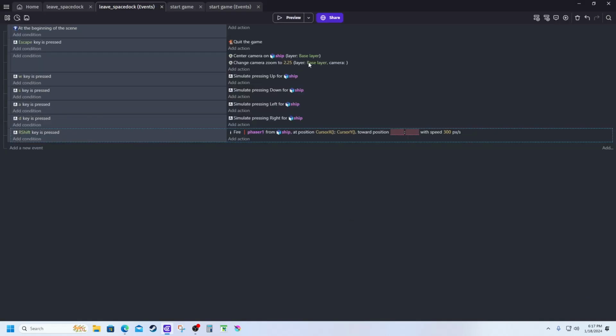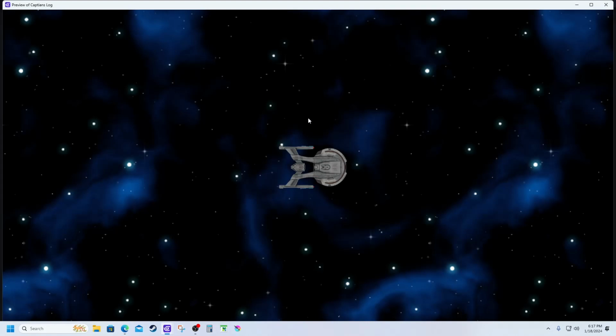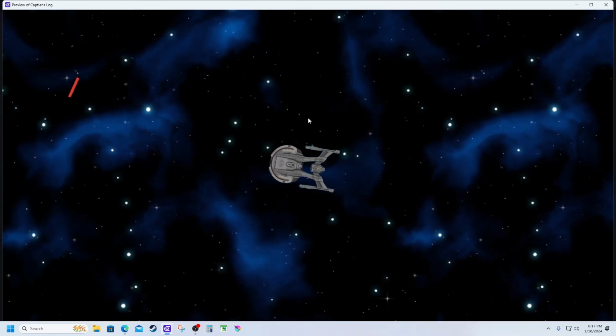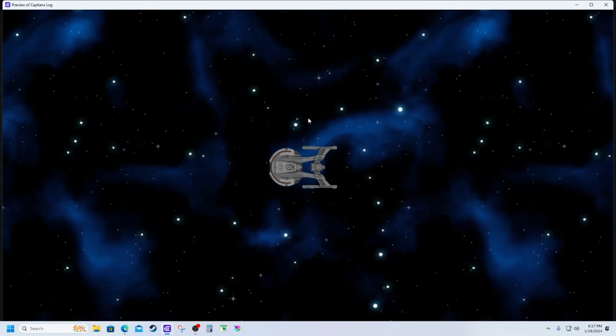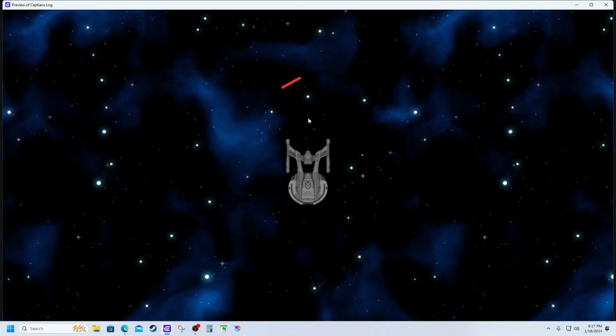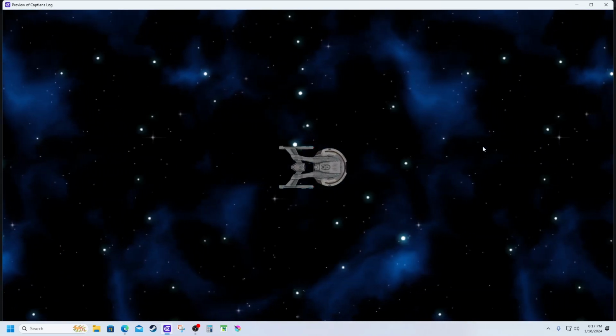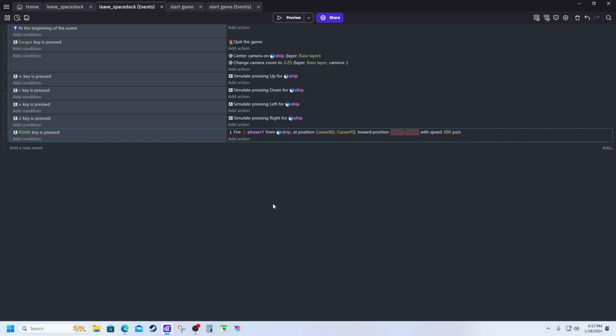Okay. Preview. Alright, so if I change, it's not changing, I'm firing it. If I move my mouse here, so it's firing from the position. So I did something wrong there. So, from ship at position,